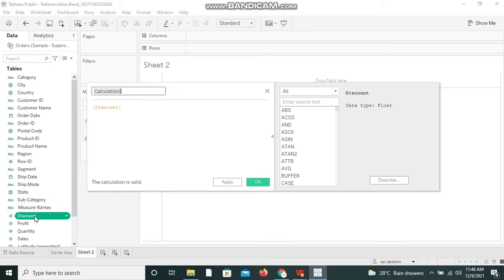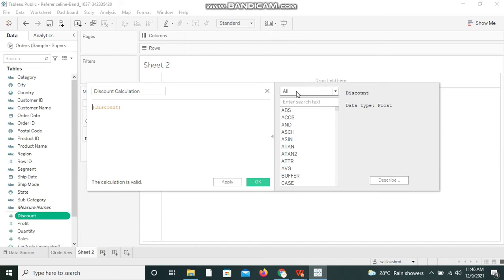When I clicked on discount, it has been showing up over here. We can rename the calculation as discount calculation. You can do anything over here, like if you want sum, average, total, anything.